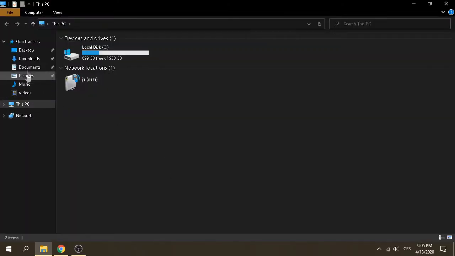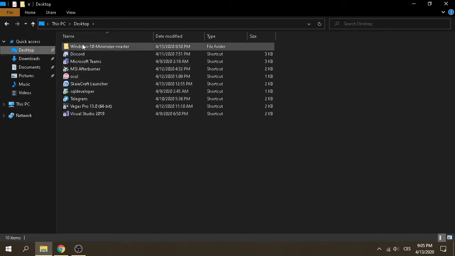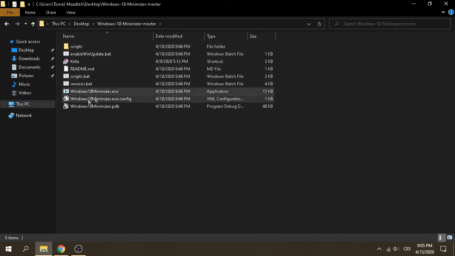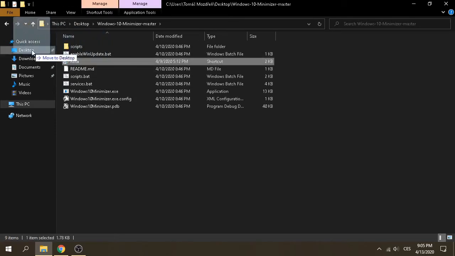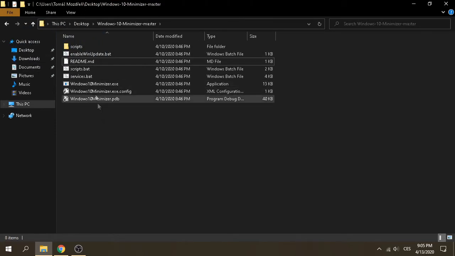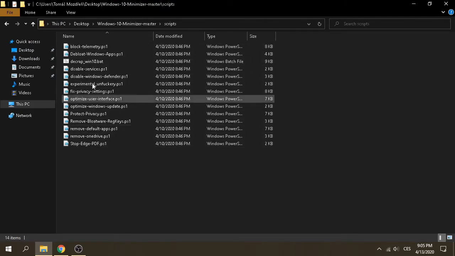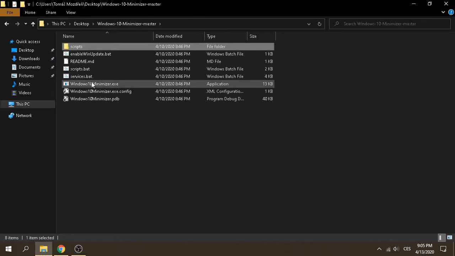So we go to my desktop, Windows 10 Minimizer, and there it is. I don't know what this is doing there, it should be on my desktop. Okay, so this is what you will have inside of the folder once you've downloaded it. You'll have the exe itself, a bunch of bash scripts, the readme, and a folder called scripts. Now these scripts are executed based on what I actually want to do. So if I go ahead and open it up,